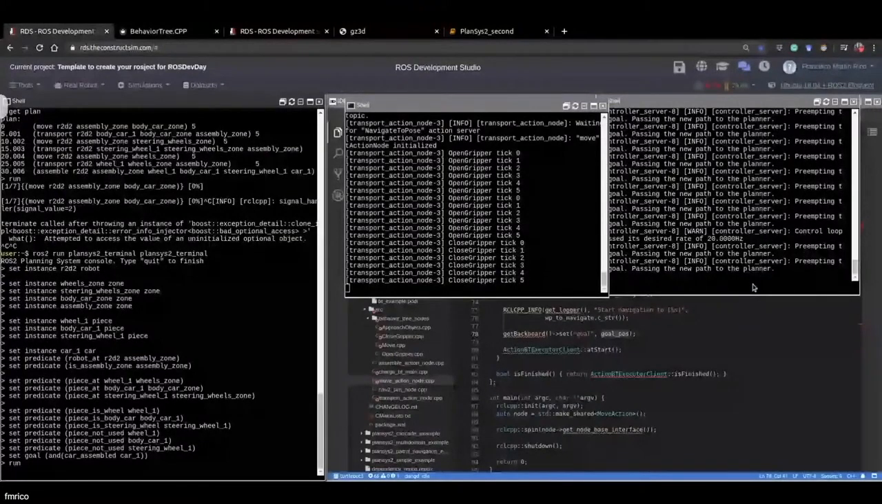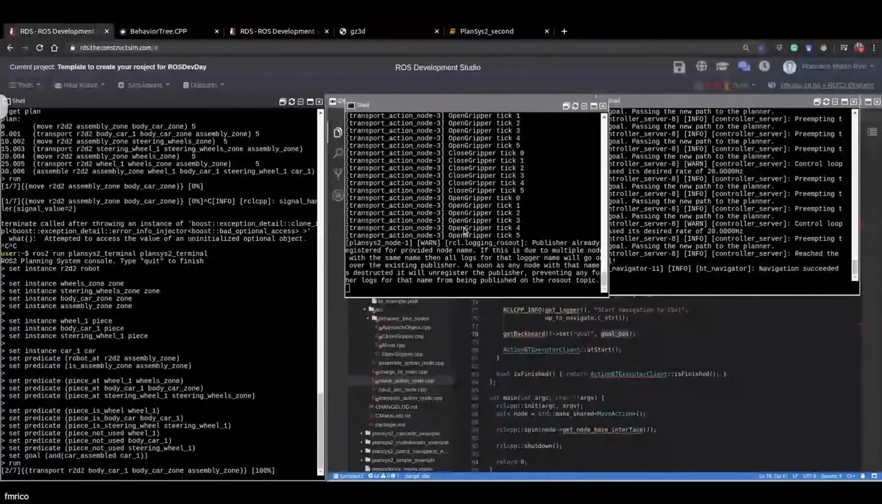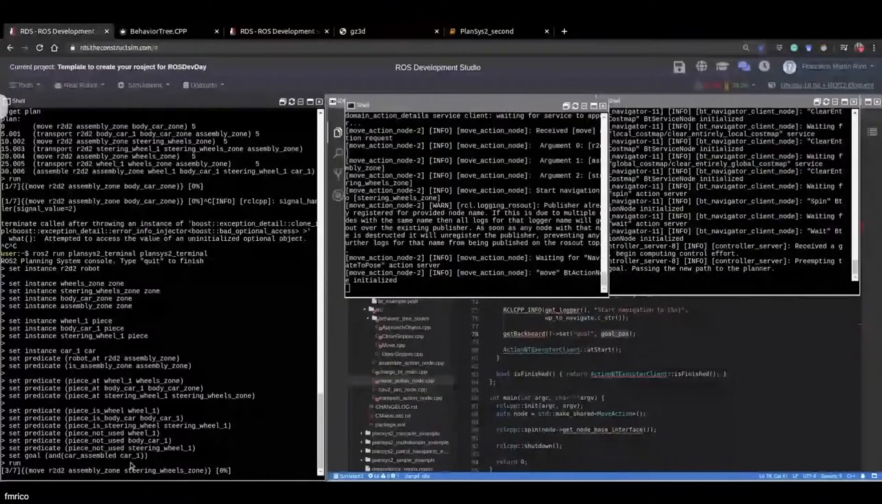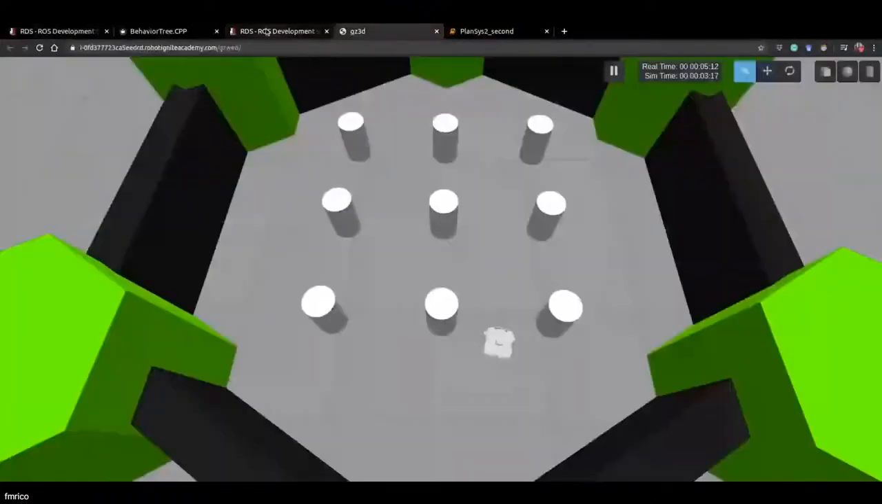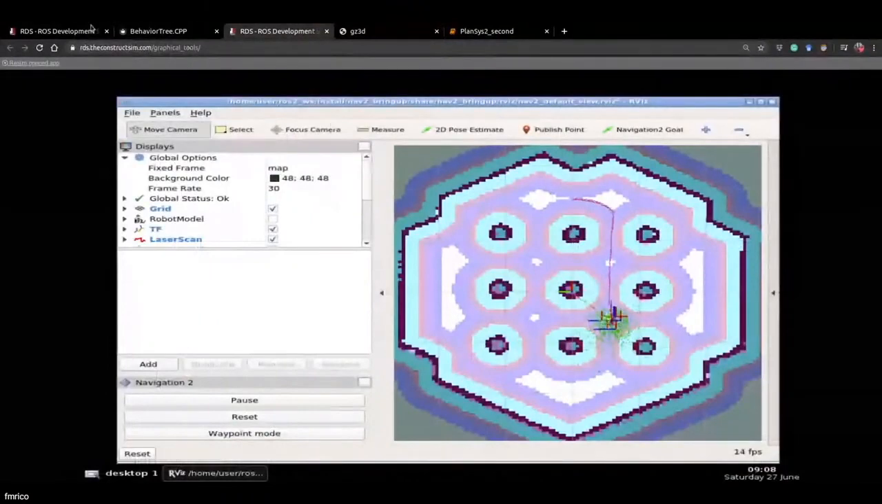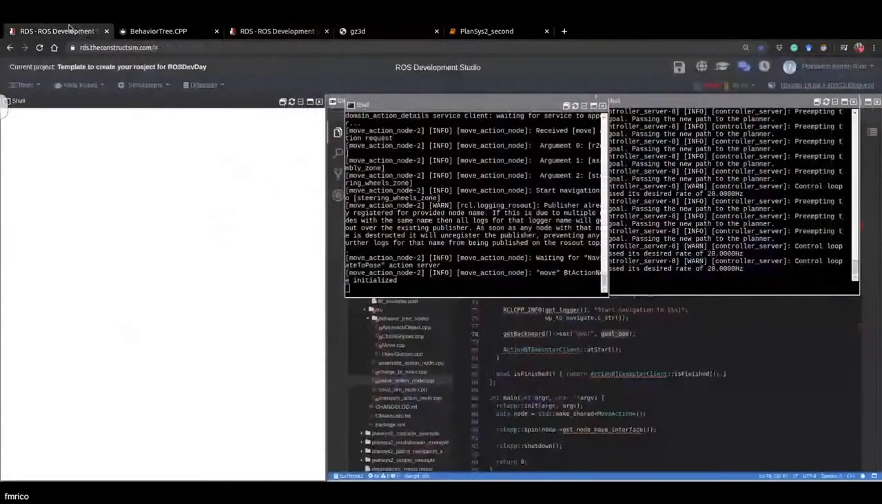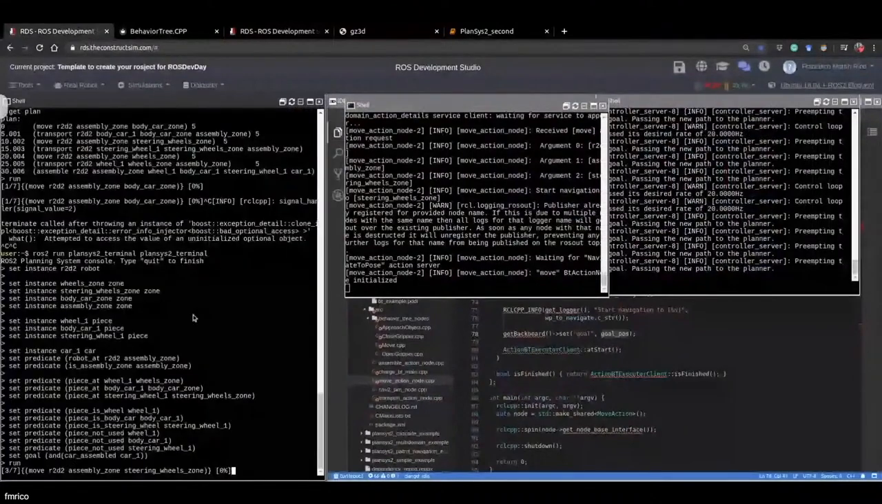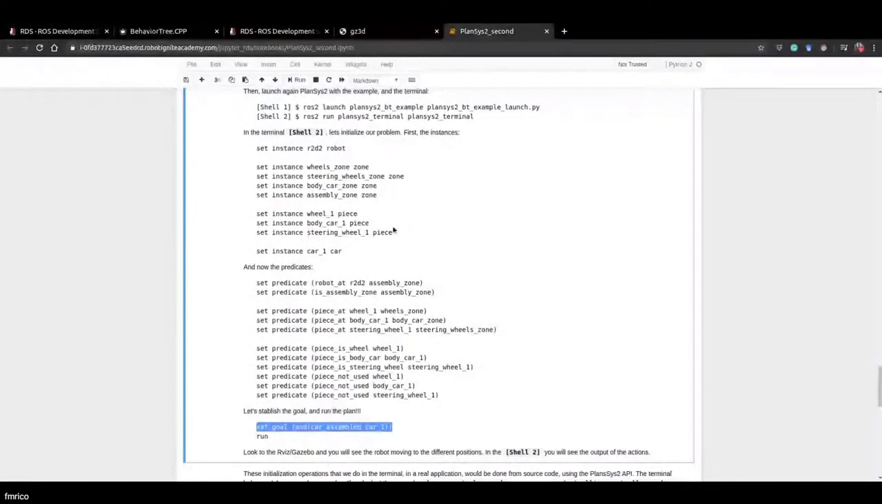Navigation succeeded. So open the gripper and move to the next position. Move to the next position. So the robot is going for the steering wheel, I think. Yes, the steering wheel. Okay, while the robot is performing the suction, I would like to say that in a